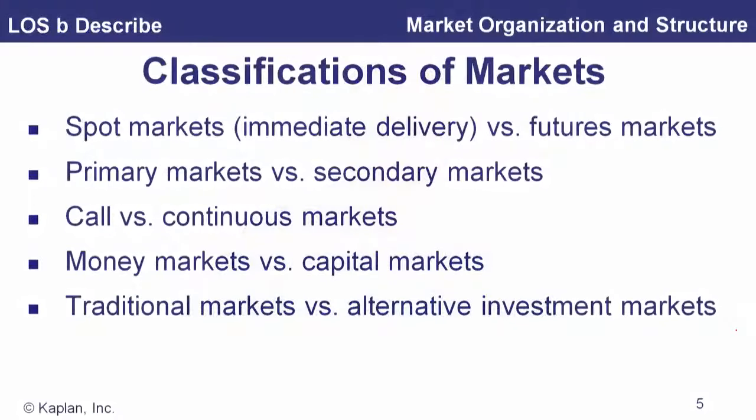Same with debt securities. If the U.S. Treasury is issuing new debt, issuing new Treasury bonds or Treasury notes, then that's a primary market transaction. If you go later on and buy a Treasury bond from a bank, from a brokerage house, that's a secondary market transaction. And call versus continuous markets, well, most of what we run into in developed markets, of course, is